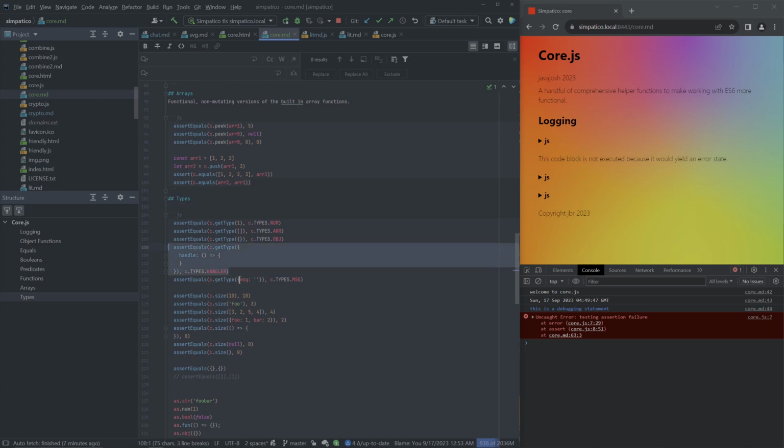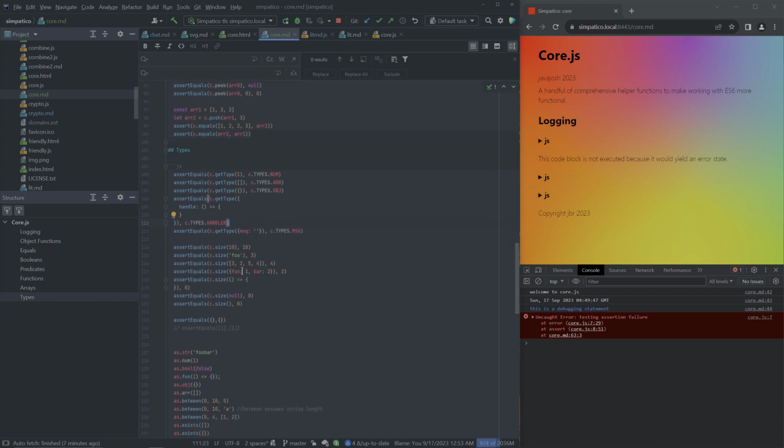This is kind of an interesting one. Kind of using the full power of the fact that I have control over this getType method. So these are Simpatico specific. Let's put that in here. Call it duck typing. Because if it looks like a duck,